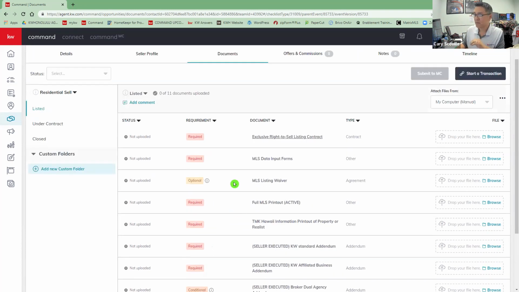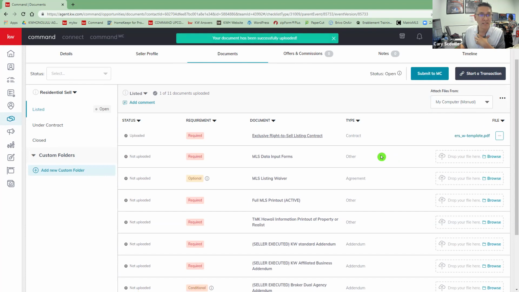Okay. And in this case, you'll notice on the right, there are some options here. Right now I'm not linked to DocuSign, which is like a 201, a little bit advanced class. Right now, I'm just attaching files from my computer. So you don't have to browse and open up a window. I have my files here. I'm just going to click and drag my file over. My exclusive right to sell is in there.